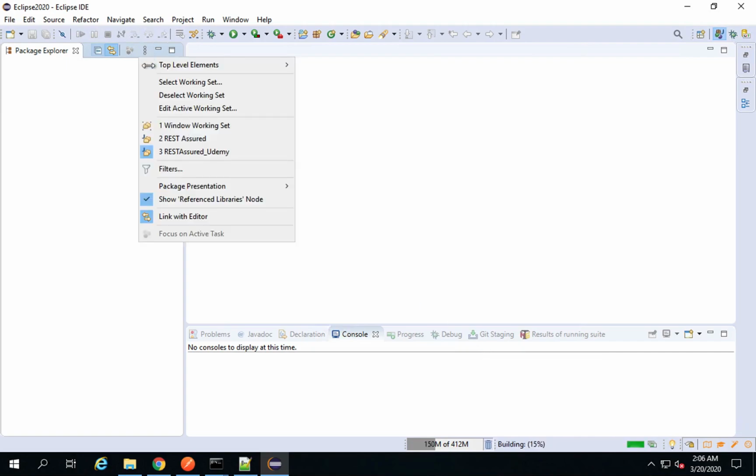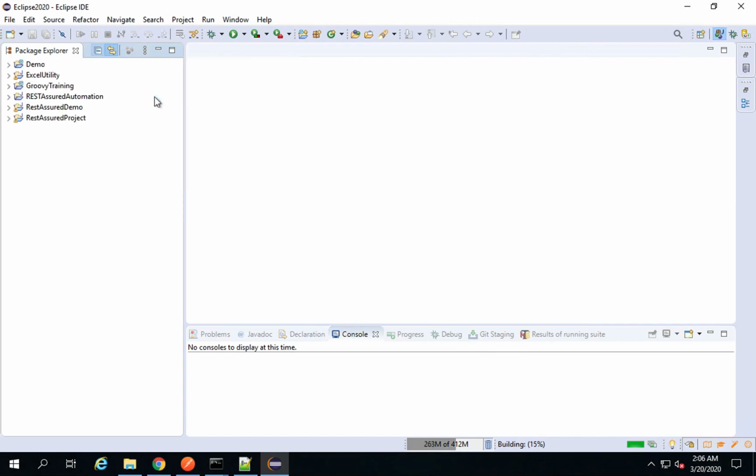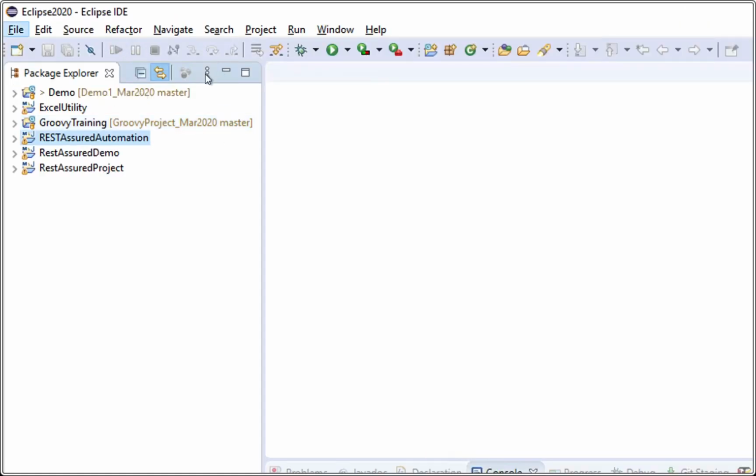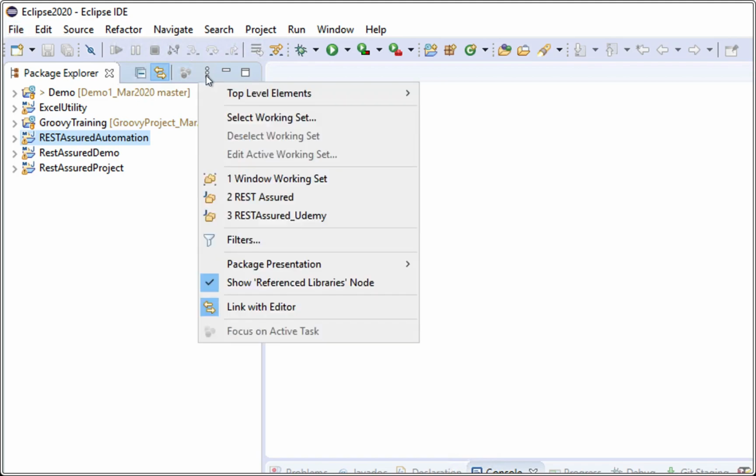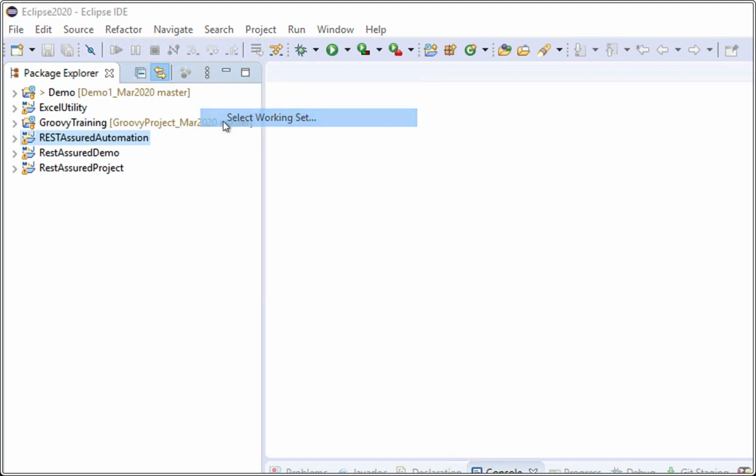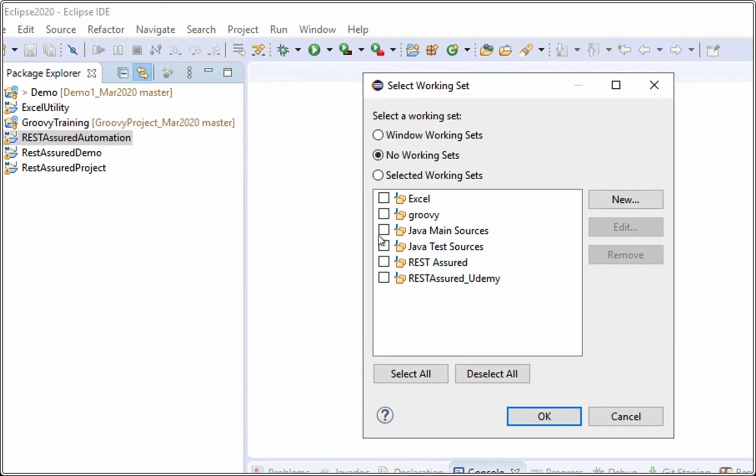Now in my case, I am having a working set, so you can see the rest assured automation project is here, and I'm also seeing all the earlier projects that I created in my system. So just in case you want to see only the project that you are currently working on, and you do not want to get distracted with other projects available, what you can do is create a working set. So if you click on these three dots here and say select working set,